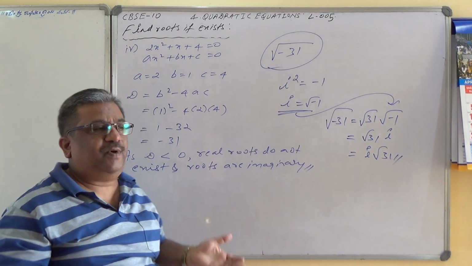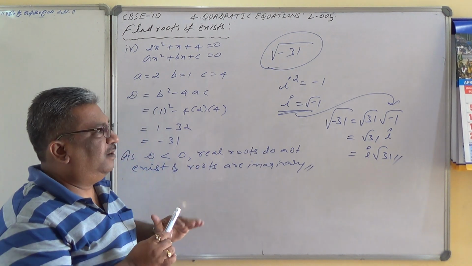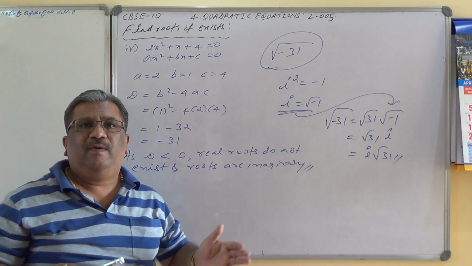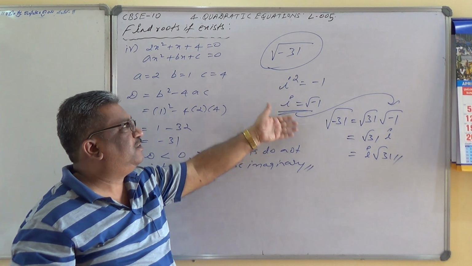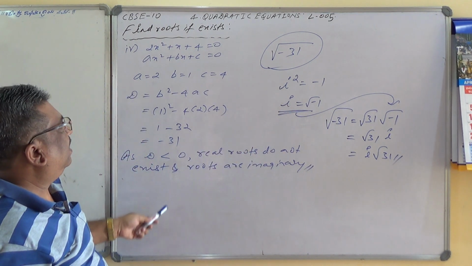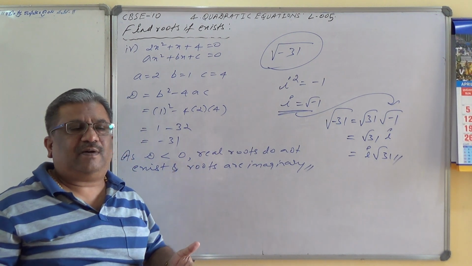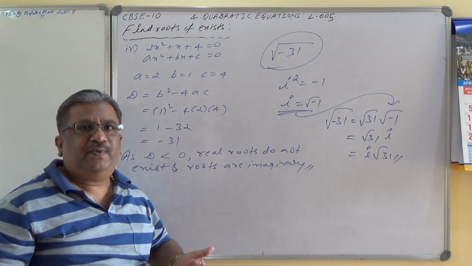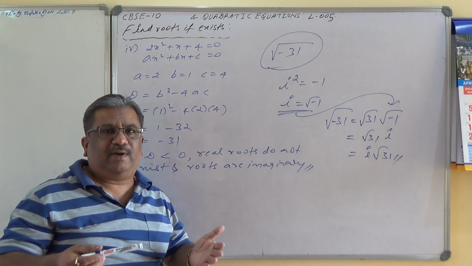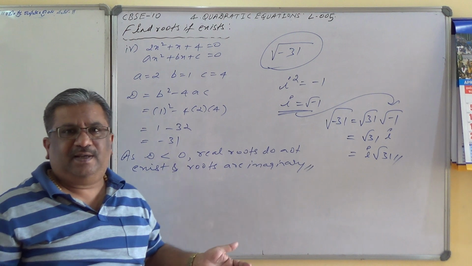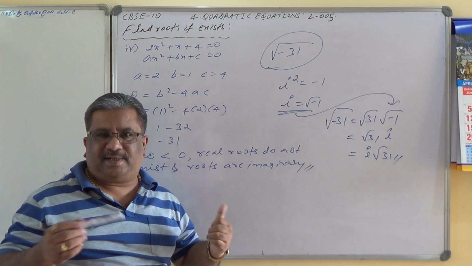In 11th standard also we are going to have the same quadratic equations. There is a small segment related to quadratic equations where you have to find out whether the roots are imaginary or real. For imaginary roots, you have to use the symbol iota. Anyway, for the time being, I hope you understand how to find the roots based on their nature. If you calculate the discriminant, it is very easy to tell whether real roots exist or not. Only if D is greater than or equal to 0, you need to find the values of x. If it is less than 0, the roots are imaginary and hence it is not possible to find the values of x, isn't it?